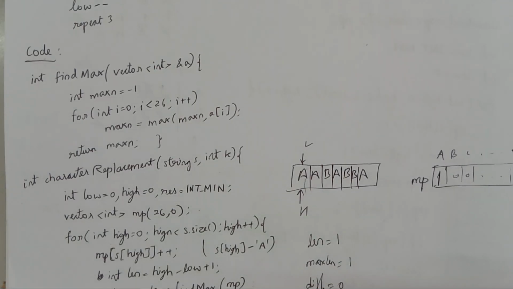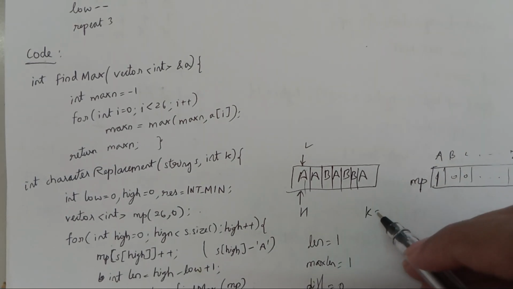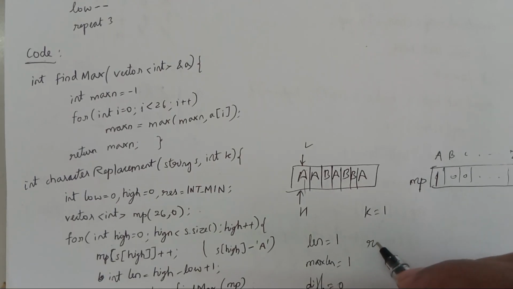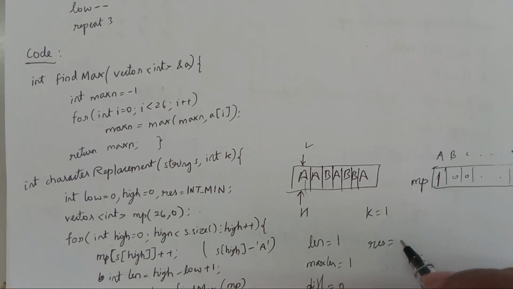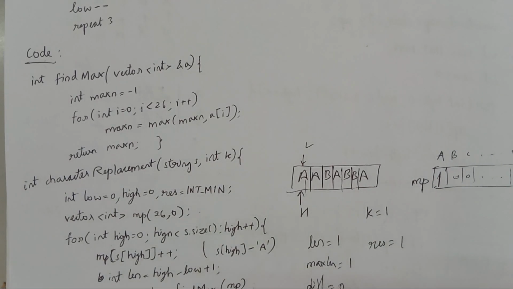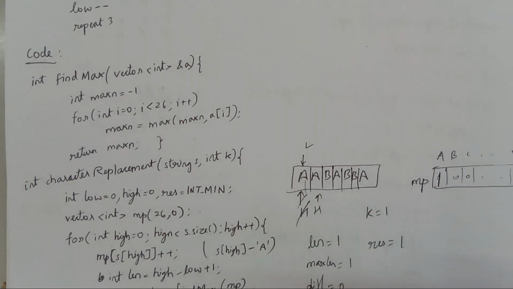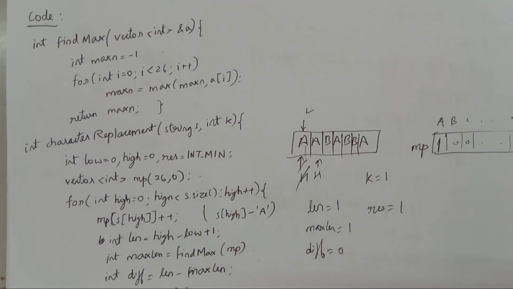So the while condition, here k is given as 1. Now difference is 0. So 0 greater than 1 is false, so we ignore this and we return the result, which will be 1. Now for the next iteration, high will be updated, and again